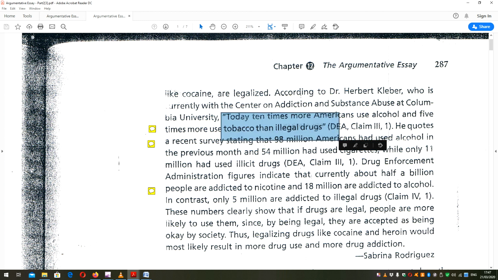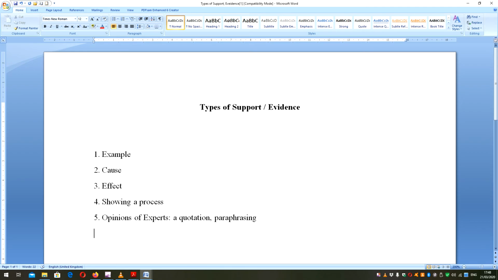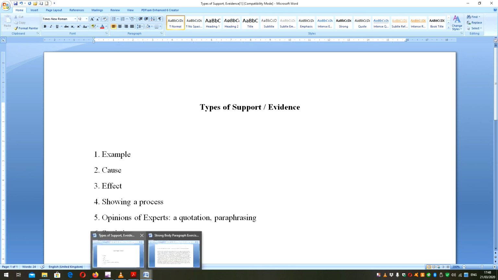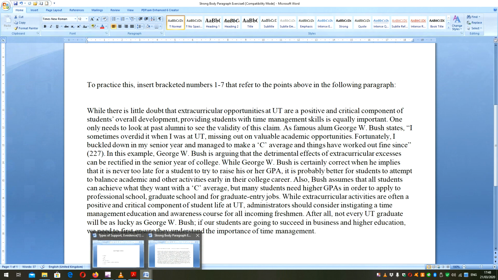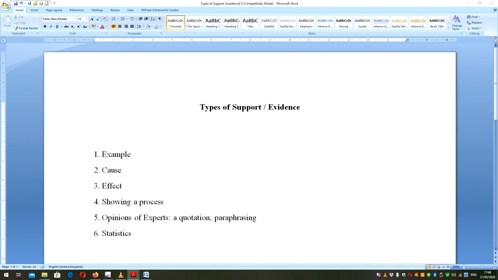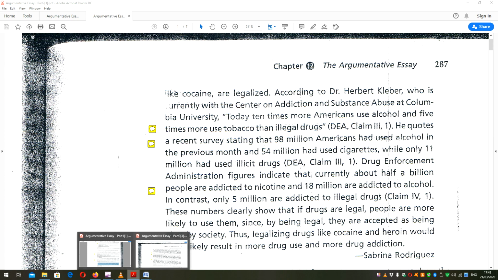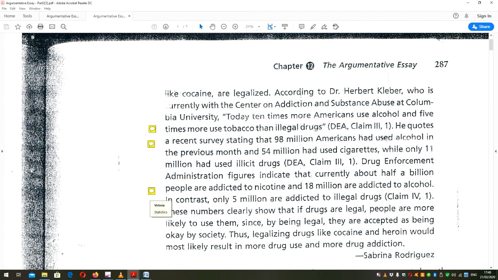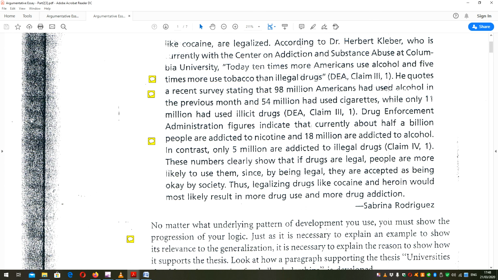We know all about quotations. And then statistics. He quotes a recent survey stating that 98 million Americans had used alcohol in the previous month. So we can add statistics to our possible types of support and evidence. Very good. What else? Well, if we go back to the chapter, what have we got? It's not opening. Yeah, there we are. So here we have more statistics as well. Okay, and then here